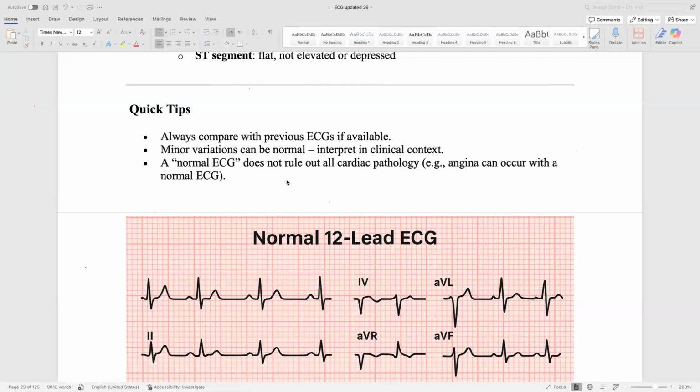But if it is an old one, if there are previous ECGs with the same left bundle branch block, you will go back to the patient. You ask about the chest pain and when exactly it started, and then you will take the troponin and the other investigations. You will depend on the remaining investigations, not solely on the left bundle branch block. But if it is for the first time, a left bundle branch block in a patient with chest pain and it's new, you will not wait for the troponin. The patient should be taken to the PCI immediately